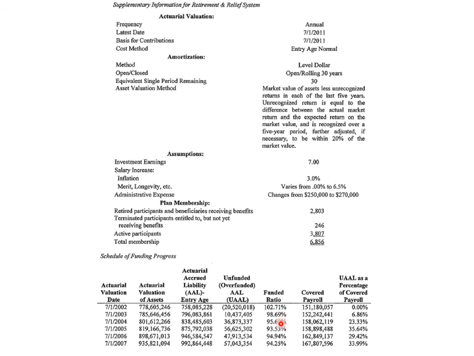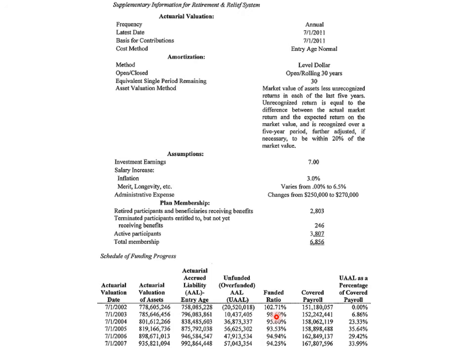You've got 90 starting in about 2003. The funding ratio is when you take the actuarial valuation of the assets versus the actuarial value of the liabilities. A negative number is good and a positive number is bad in this column, because it means you're unfunded. And this ratio gives you how much of the city's future promises can be paid, assuming that their investments